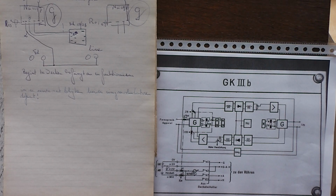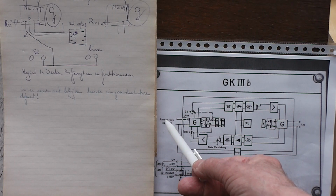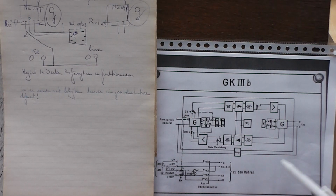The problem is that when you look at the block diagram here, in the mode where the apparatus is being switched off, the signal coming into it from the local telephone into the scrambler is directly bypassed via these two lines, so input is equal to output. At the moment you switch it on and all the voltages are being supplied, the scrambling system starts